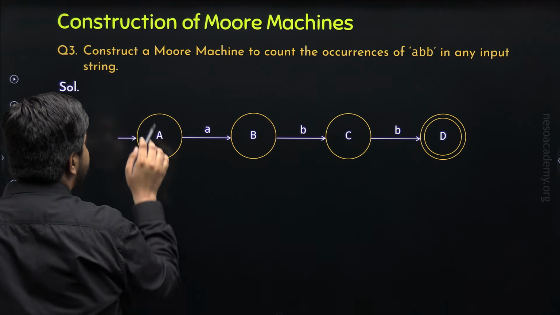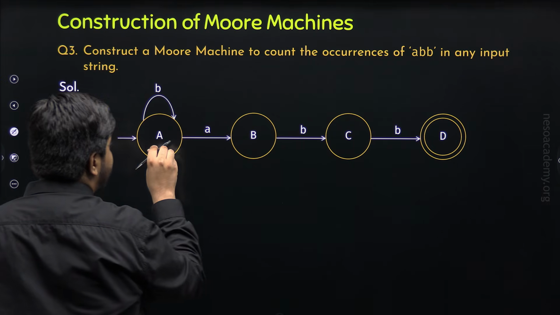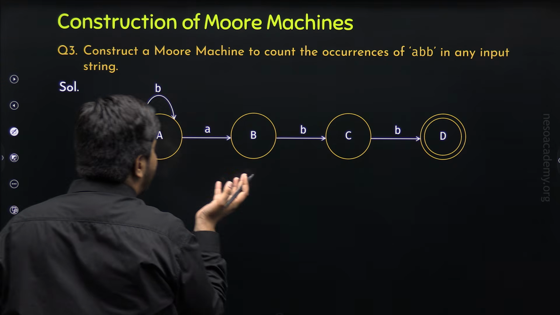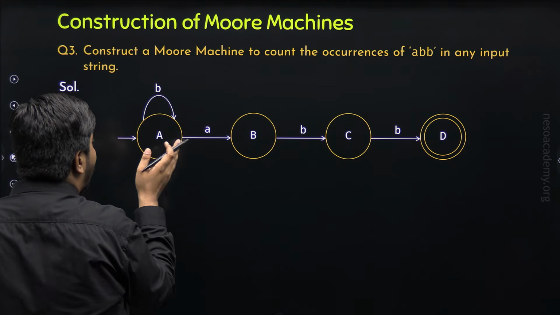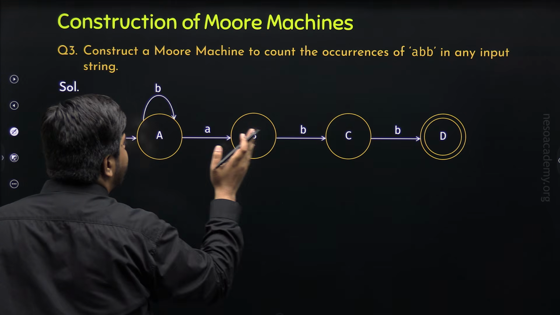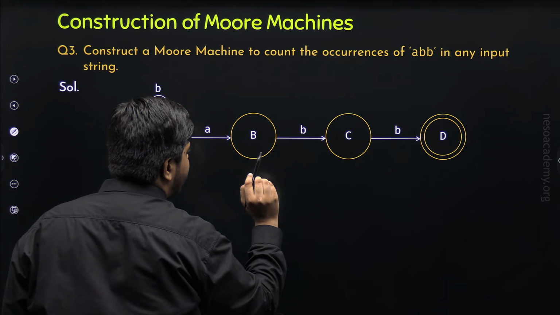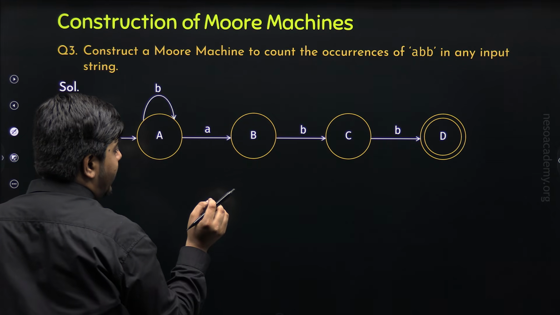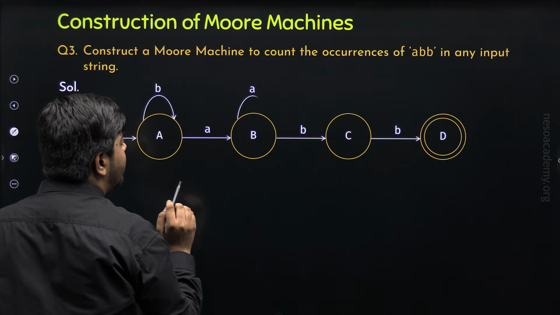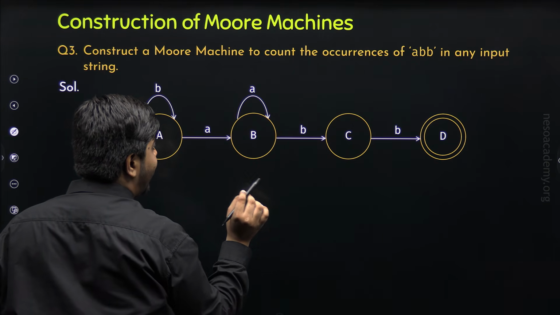Now I will simply create a self loop of B over the state A, because if the string is ending with ABB, it doesn't matter how many B's come before it. So we can have any number of B's before ABB. Now for the state B, it has a transition for B, but it doesn't have a transition for A. So I will simply create a self loop of A over the state B so that my string ends with